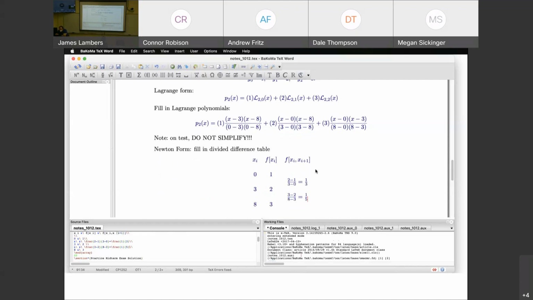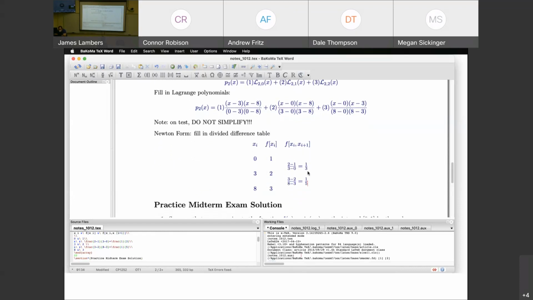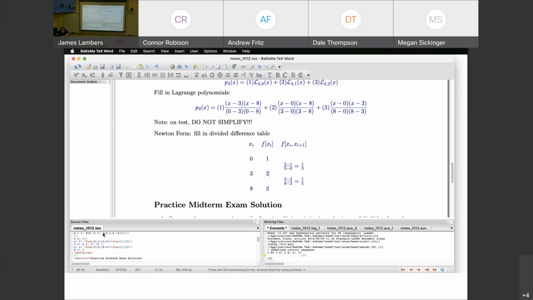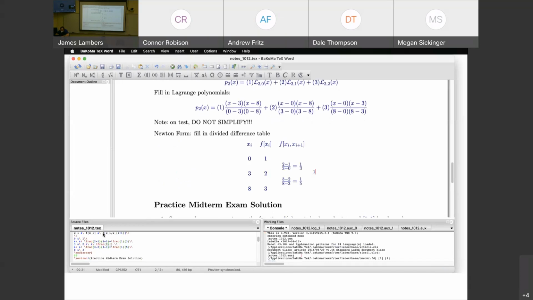Okay. And then we have just one divided difference left, so it's going to be this minus this divided by these two extreme x values. Okay, so